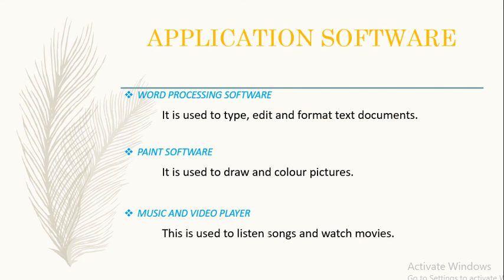Now the next one is music and video player. This app is used to listen to music and watch movies. With the help of this, we can see or enjoy various movies and songs. So in this way, these software work. Another example is PowerPoint presentation. With the help of PPT, you can prepare presentations so that you can present them. You can place them in front of students to teach them, just like I'm doing. So these are some examples of application software.